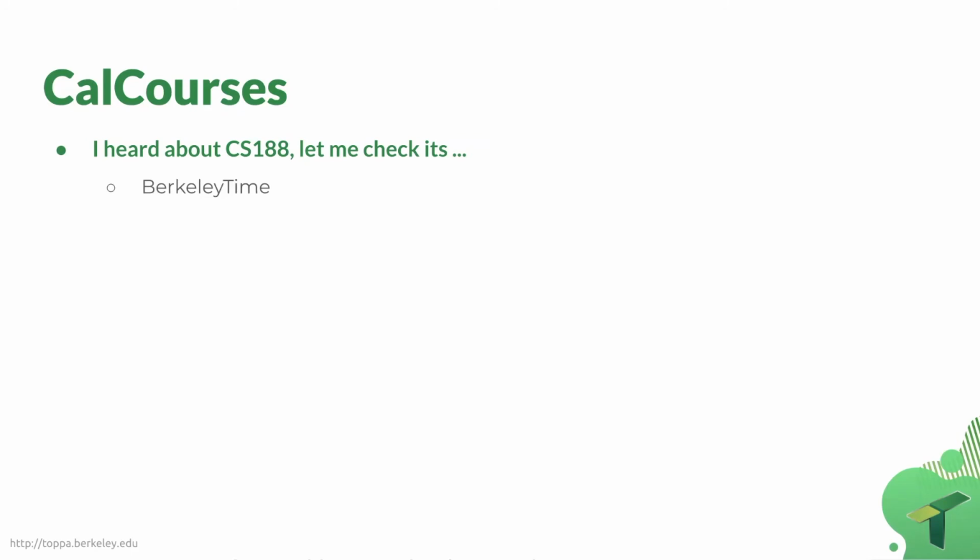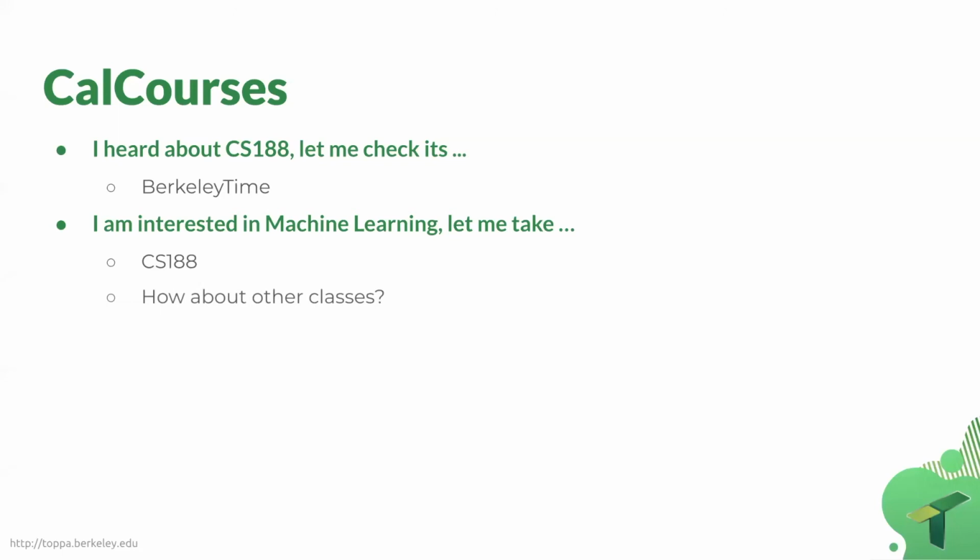But what if you don't have a specific class in mind? Say you are very interested in machine learning, then what class should you take? Well, we already know from the previous question that CS 189 is a great choice. But how about other classes? Maybe you are a freshman and you are not confident enough about your programming skills. What other classes should you take before 189? Which website provides that kind of information? It turns out there is none. That's why I'm proposing this CalCourses project.